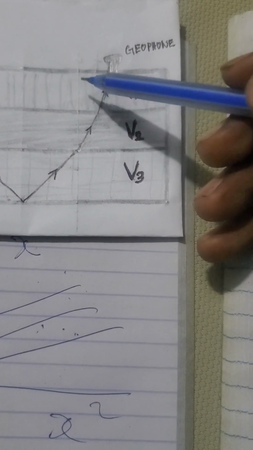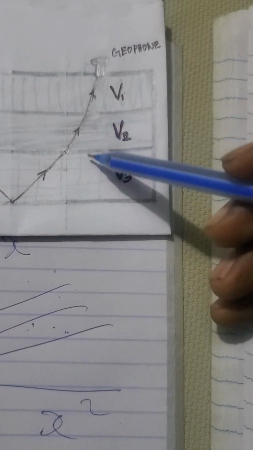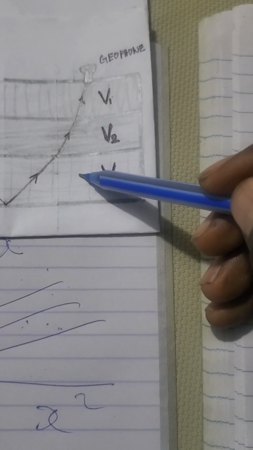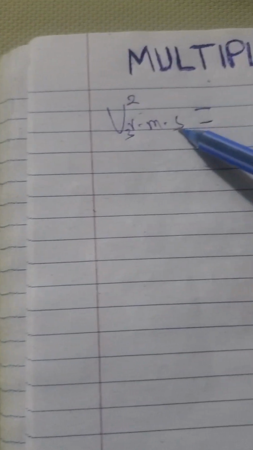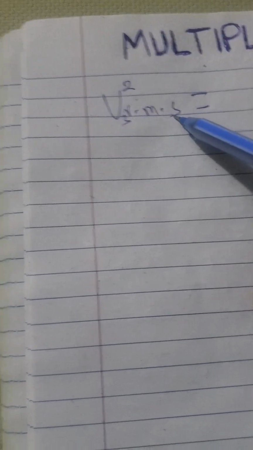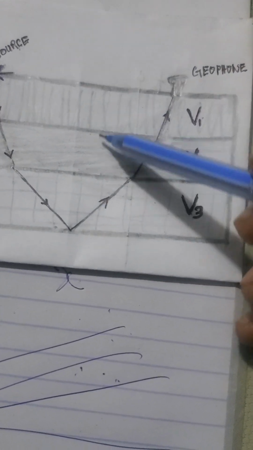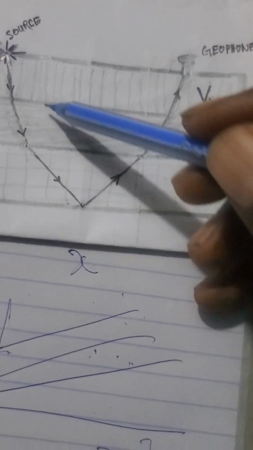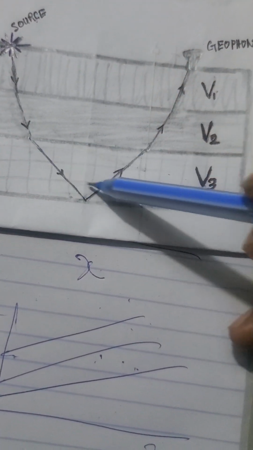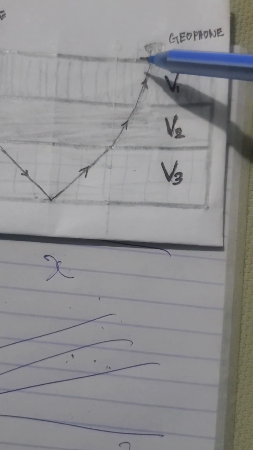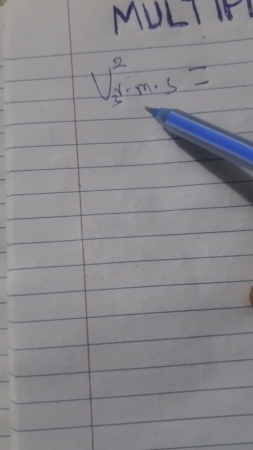The first layer has velocity v1, the second layer has velocity v2, and the third layer has velocity v3. Then Dix said that the root mean squared, just like the summation of the velocity, the net velocity encountered by the traveling seismic signals will be given as the root mean squared velocity. The square of it is equal to